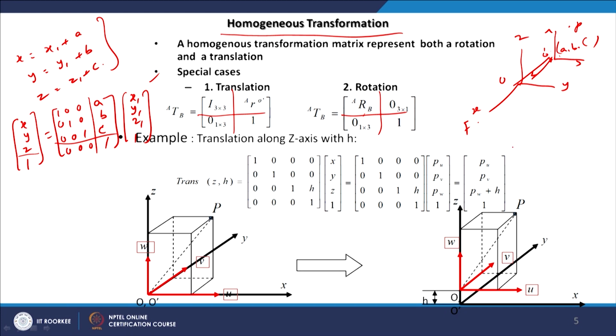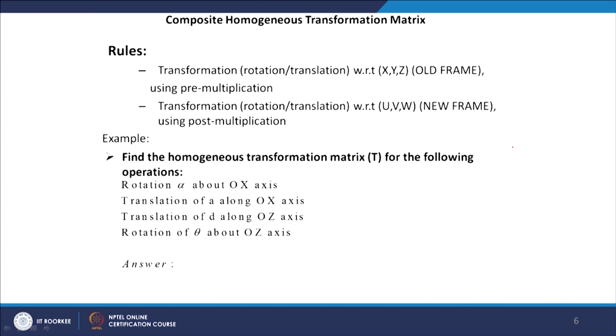So if we have a coordinate frame F and it is shifted to some other position by making a rotation as well as a translation, then its new position and orientation will be obtained, for example, by this expression. Let us say O1 is the new position of the origin and the orientation is given by this expression. Then we can write this FTM.